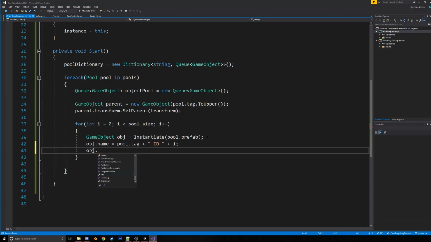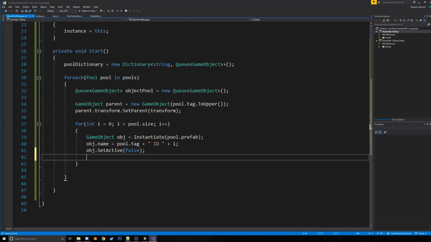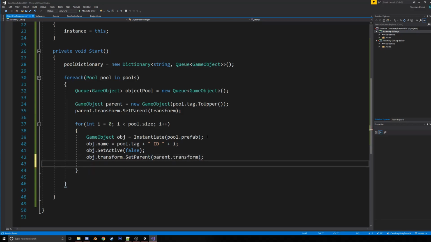pool. Then we're going to want to set active to false. We want them all to be false on spawn, right? Then we're going to want to enqueue it into the object pool. Actually, wait, before that, let's set parent, transform.SetParent to parent.transform, and then object pool dot enqueue object. Object pool is this one right here that we defined,